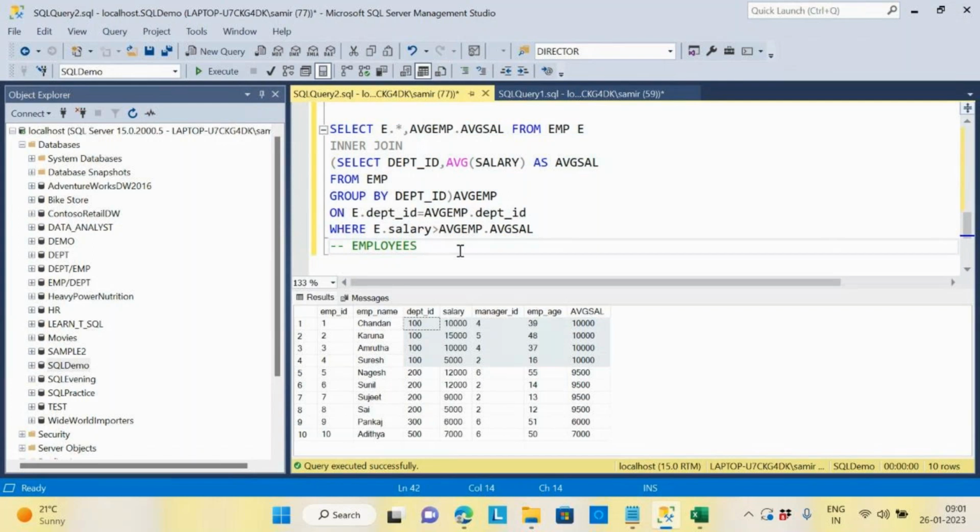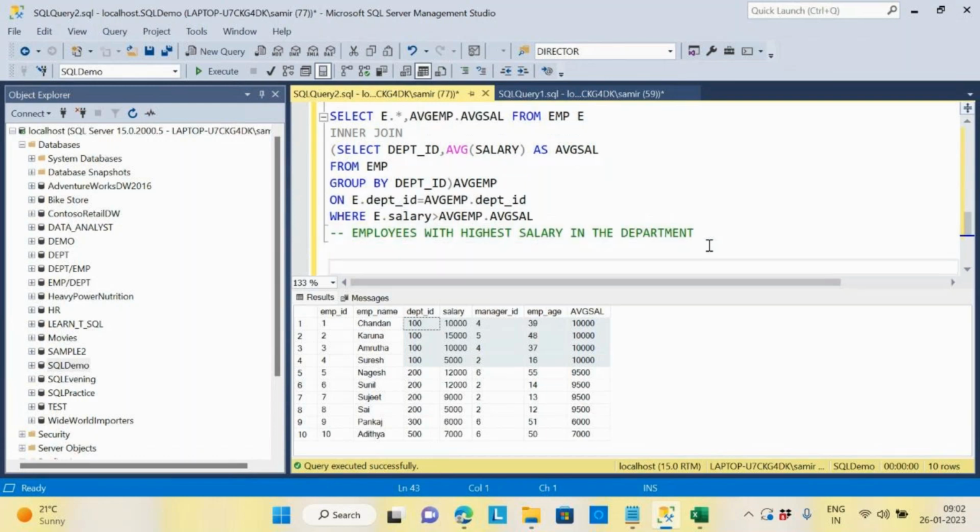Okay, I'm saying, get me the employees with the highest salary in the department. Yes, employees with highest salary. Now, this is a typical question, no? So, people tend to do it like this. I'll tell you. What they will do is, for employees with highest salary in their department,